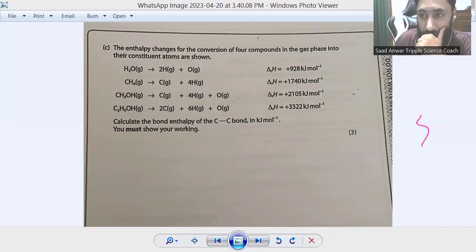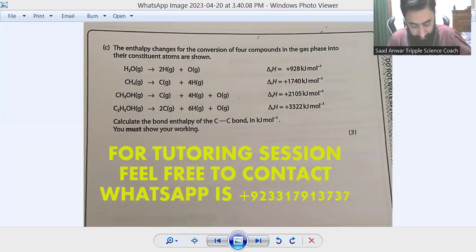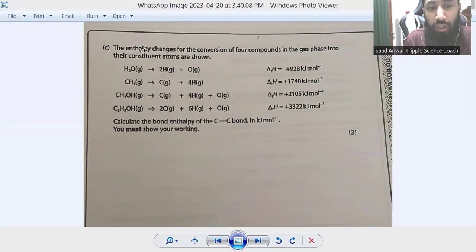So this is the question which we have to discuss. In this question, they are saying the enthalpy changes for the conversion of the four compounds in the gas phase